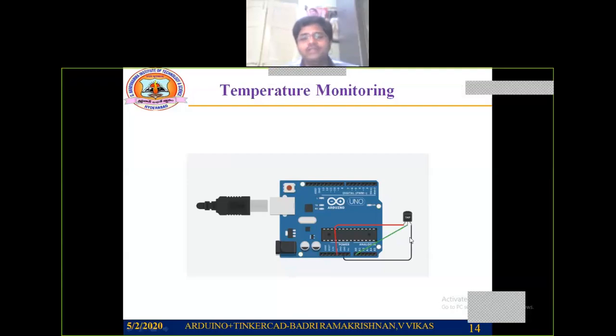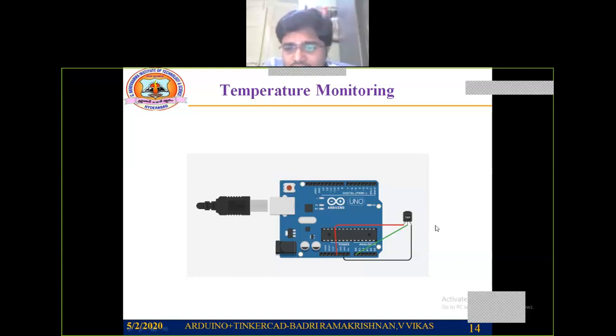So, in general, we have a temperature sensor called LM35, which we can use to monitor temperature of the surrounding environment. But in this particular thing, we have something called TMP, not LM, TMP.